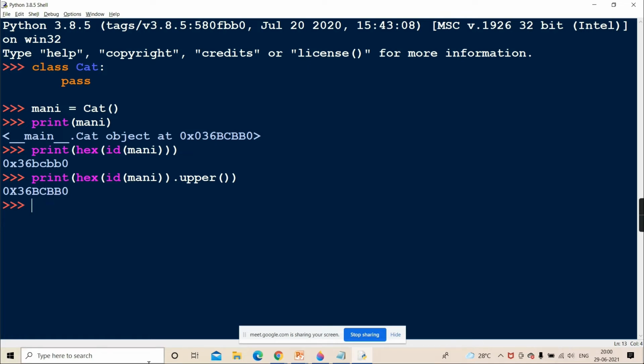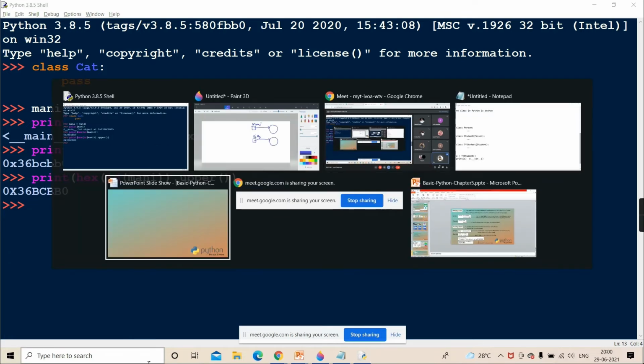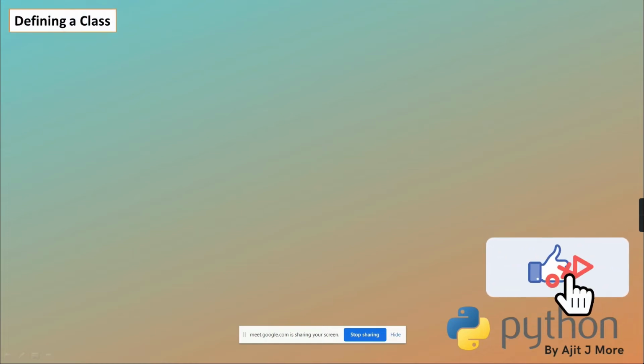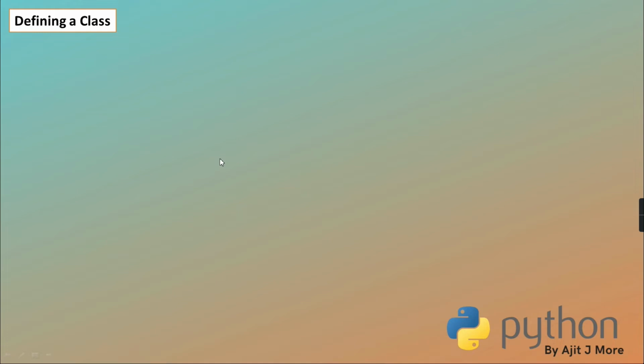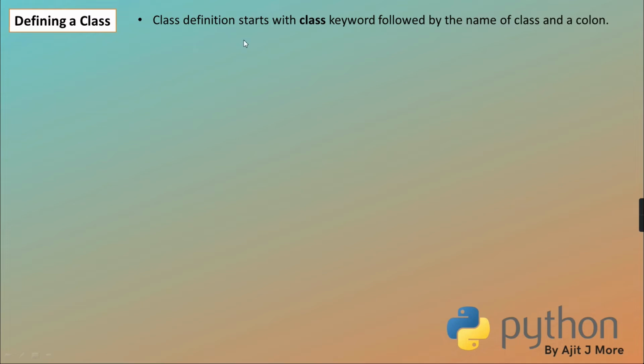Okay, I hope it is clear to you guys. A lot more things to learn. Let's quickly move through all this discussion. You may have doubts, you may ask those too. Let's go through this slide quickly. Class definition starts with the class keyword. And unless and until you create a class, you cannot create an object of it.